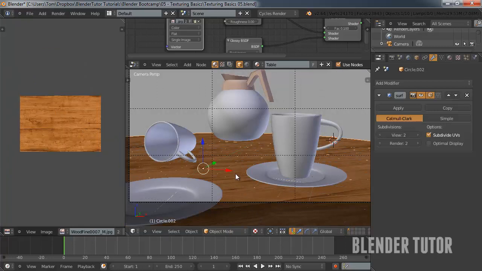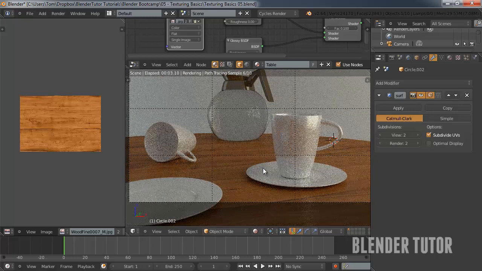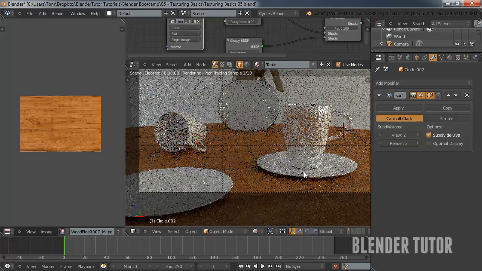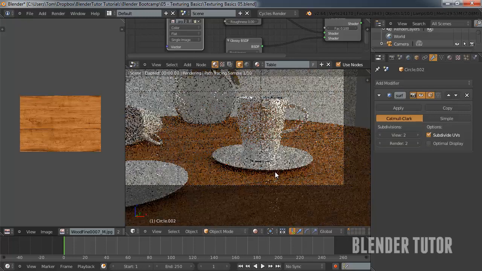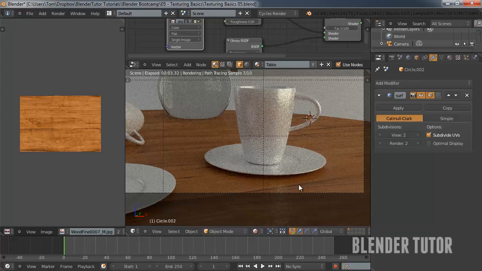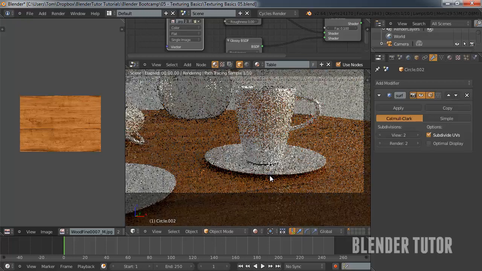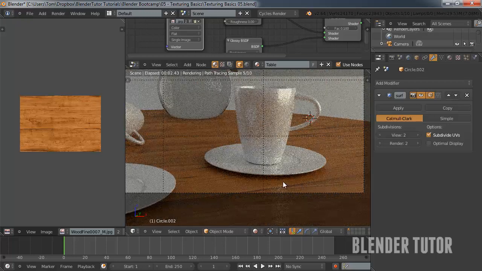And now if we look at it, let's see how it looks rendered. Looks okay, but even though the wood would technically have some bumps in it, it wouldn't be perfectly flat. It's getting just kind of straight reflections right now. What we want is to give it a little bumpiness so it looks like it's actually 3D and not just a flat image texture. So to do that,